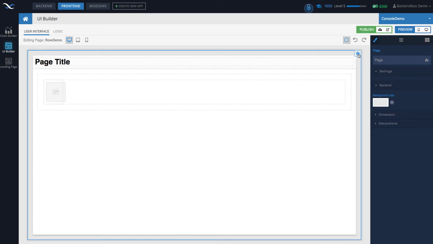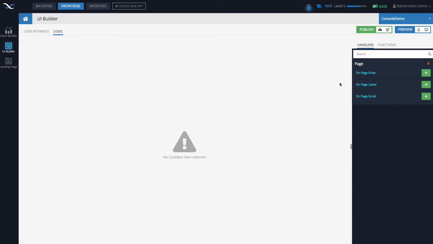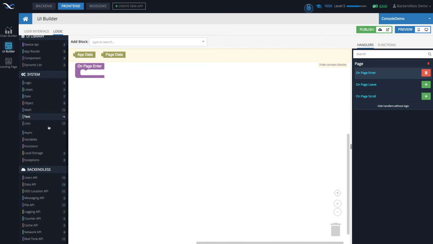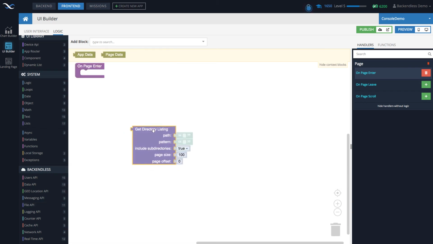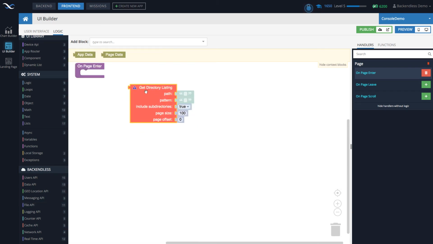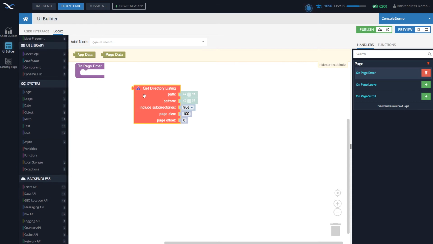We will go to page to fetch the data, and in here it's going to be in the page enter event. If we scroll down to the Backendless section and see under file API, there is going to be a block get directory listing. Okay, so that will return a collection of objects where each object represents information about a file,